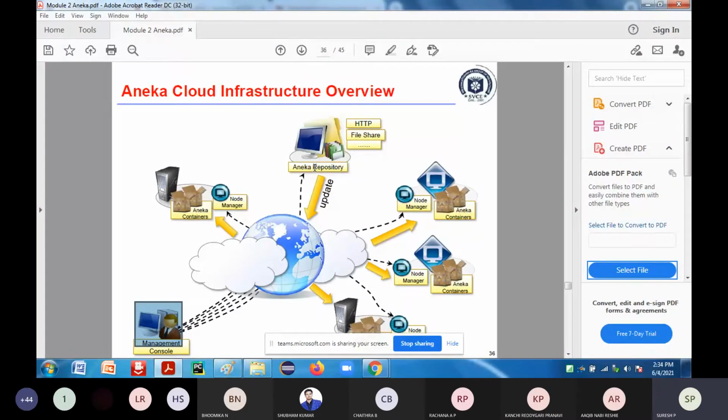To access some of the functionalities, you require some libraries. The Aneka repository can make the libraries available through different communication channels.